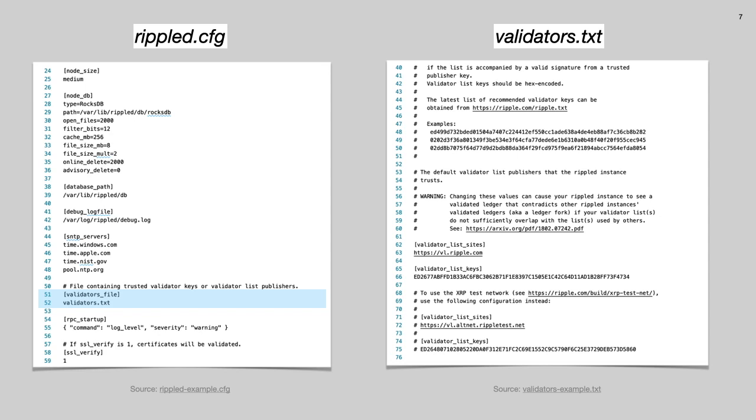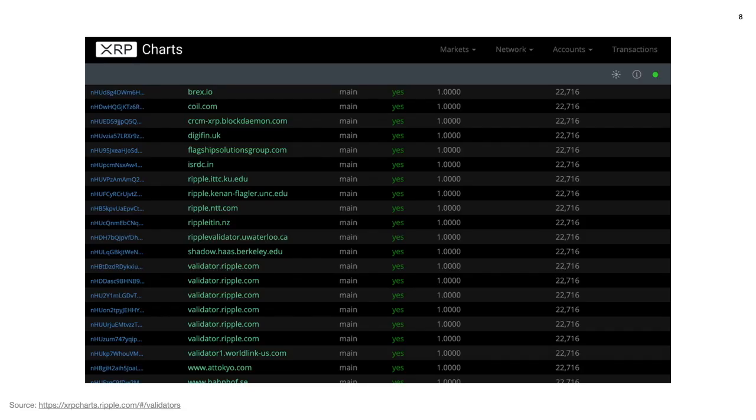Basically what is important here is that this file is configured in a way that this node trusts the list of validators recommended by Ripple. And this is a screenshot of the Ripple website where you can see the full list of recommended validators. There are 40 recommended validators, and 6 of them are actually from Ripple Labs, the company that is behind